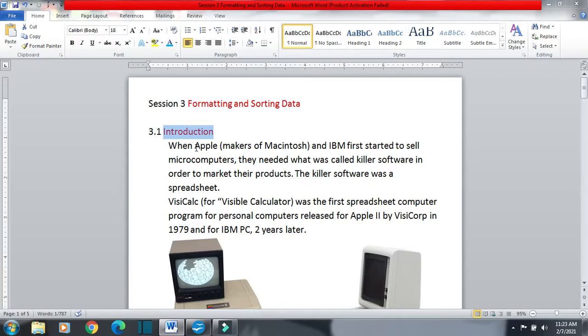So when Apple company, which was manufacturing Macintosh computers, and IBM company, which was also manufacturing personal computers, PC, first started to sell microcomputers. Microcomputers they were selling to tech enthusiasts. Now they wanted the other people in business or in market to start using these PC or personal computer. So for that